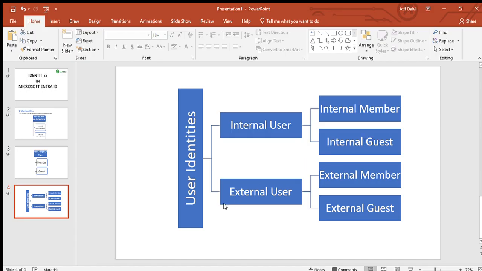Let's have the external user. External user is an external member. This scenario is common in organizations consisting of multiple tenants. Consider a scenario where Reliance Group has multiple companies, but in this scenario we will see two companies, telecom and chemical company. Here the user from the chemical company needs member level of access to the telecom company. In this scenario, chemical users